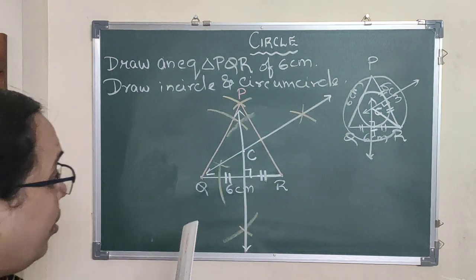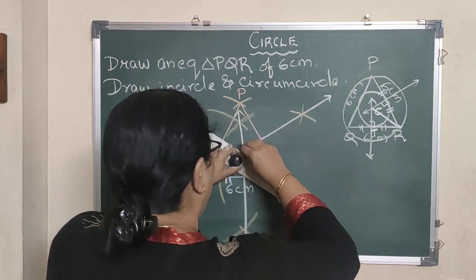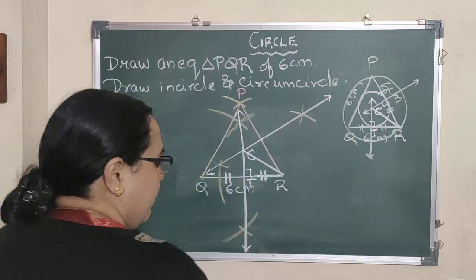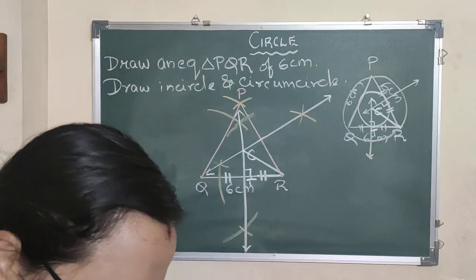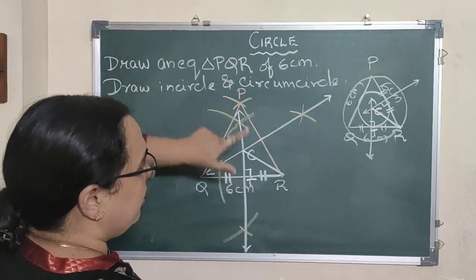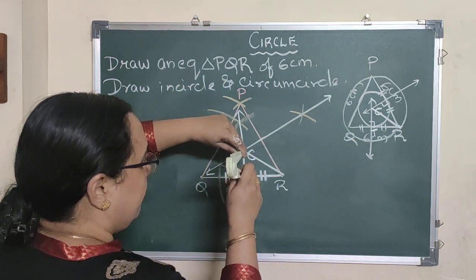Now you can join CR, and already we have CT ready for us. So taking the particular radius, let us complete the circles. From C, the perpendicular is already ready for me. I don't have to draw it. Take it up to point on segment QR.